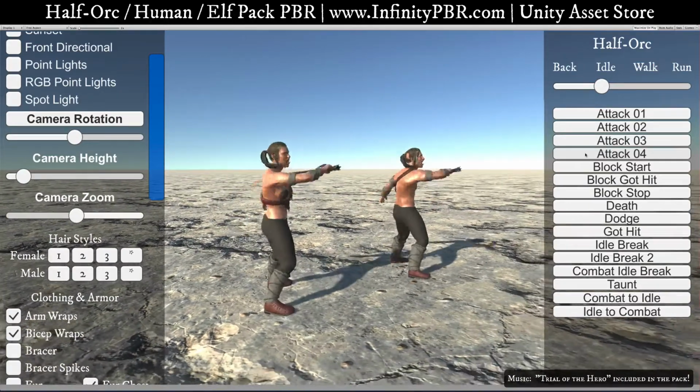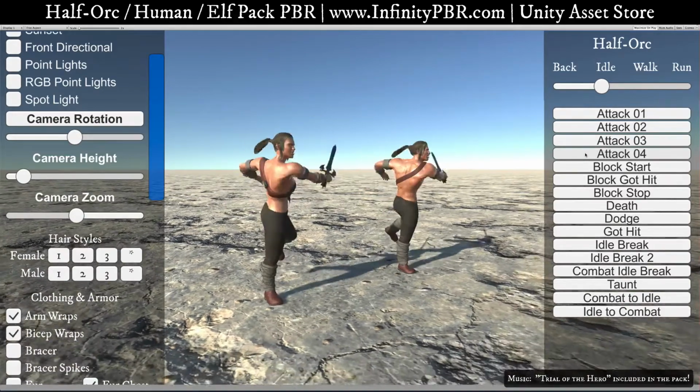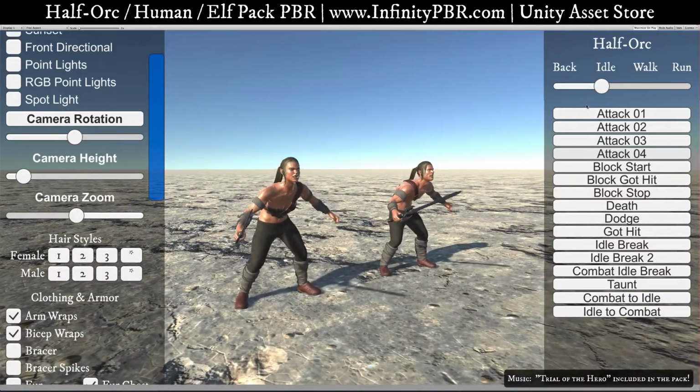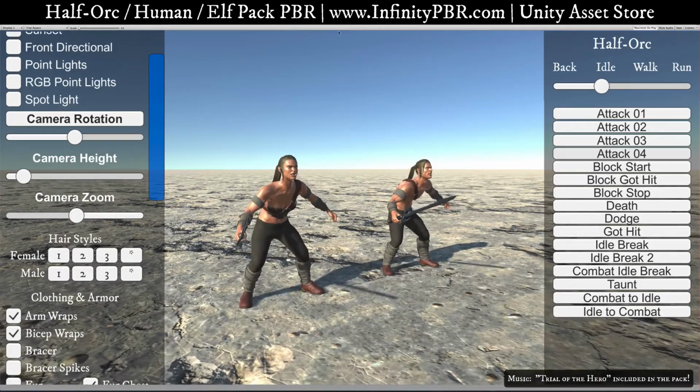And my favorite, this one. Just 4 swipes. So, we got a lot there. And let me show you now the actual